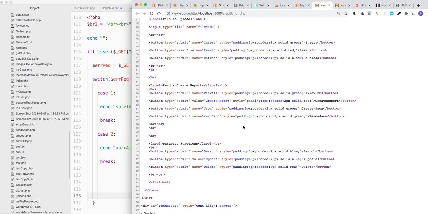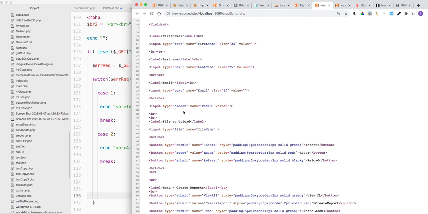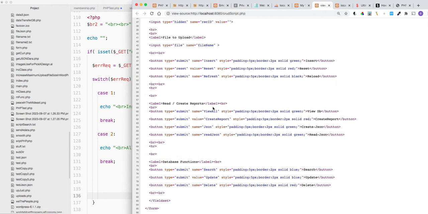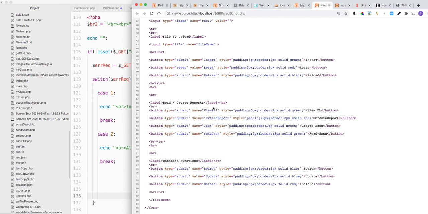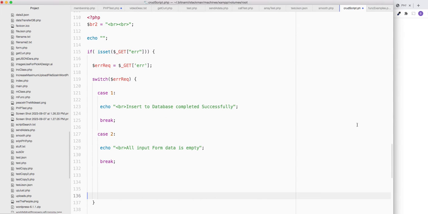Did we not have anything? Oh, here it goes, hidden right here. So you got this hidden field that will give you the record ID, which is okay. I thought I had another one. I guess we'll build that up then. All right, so